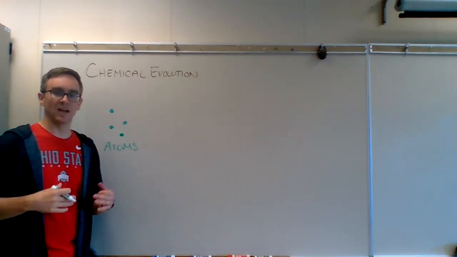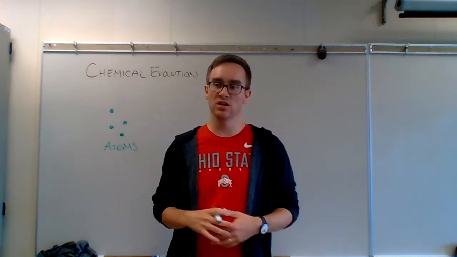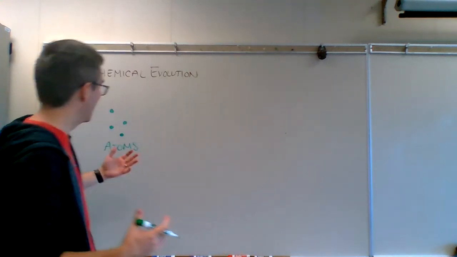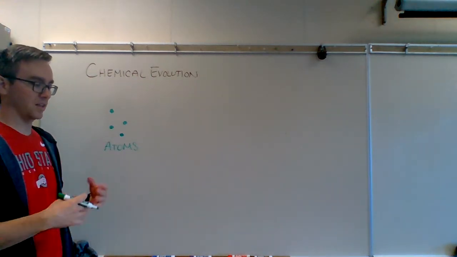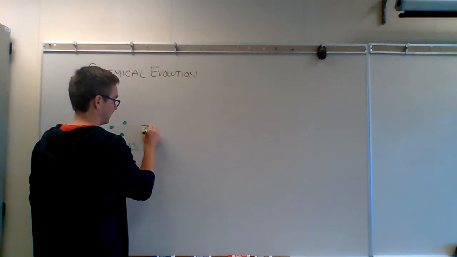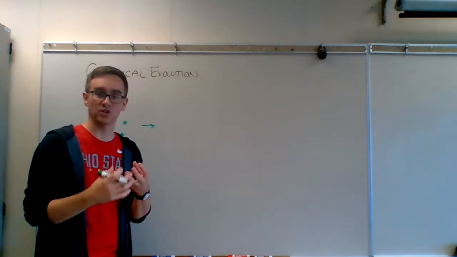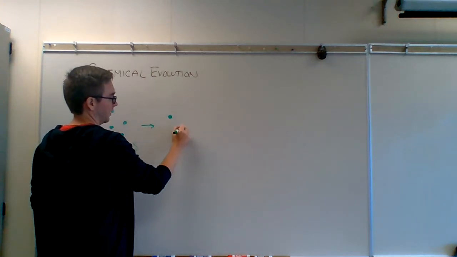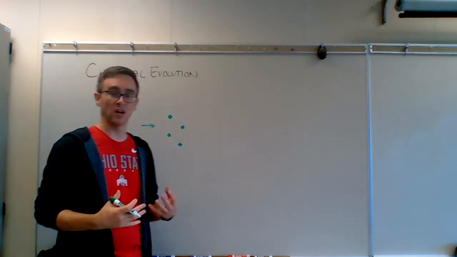We believe that as the Earth started to form, it was extremely hot in its early formation, and it was made up of all matter. So we've got this concoction of different elements. But as it started to cool down and things became a little more stable on primitive Earth, we could start getting connections between these different atoms. They start to form relationships, if you will, with the atoms around them using their electrons, their valence electrons.